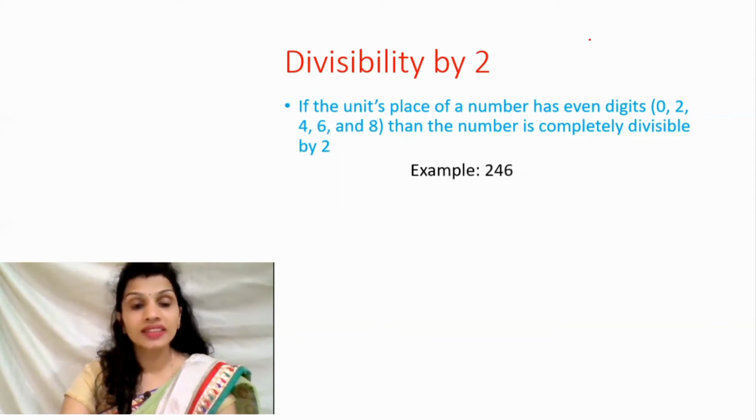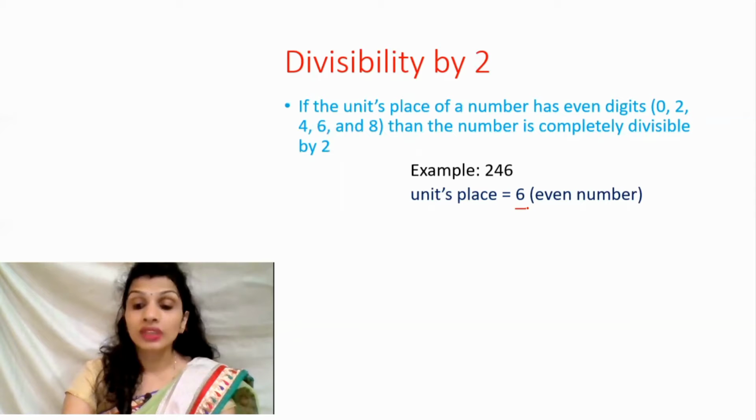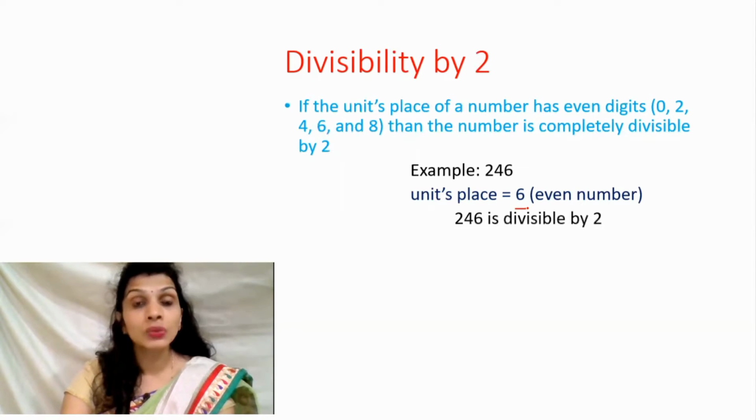Let us take one example, 246. Now here in the ones place, what number is given? Yeah, here on the ones place the number is 6, and you know that 6 is an even number. Now if 6 is an even number, it means that according to the rule 246 is divisible by 2. It means that if we divide 246 by 2,